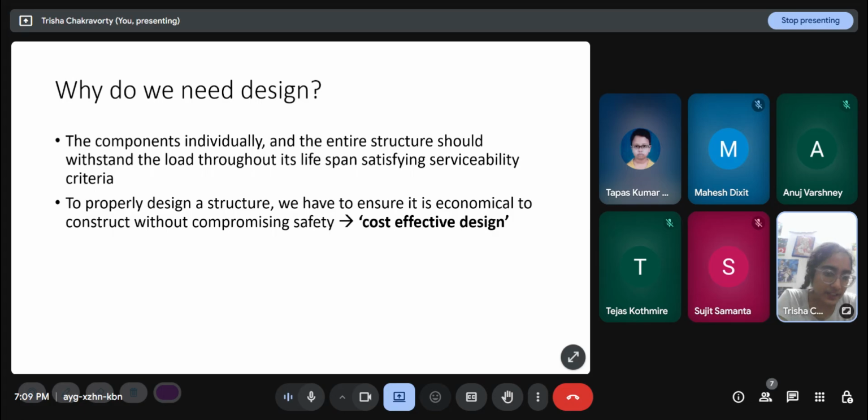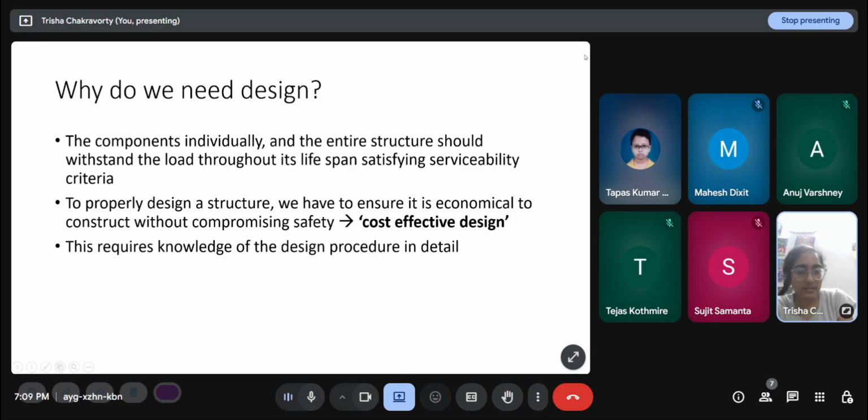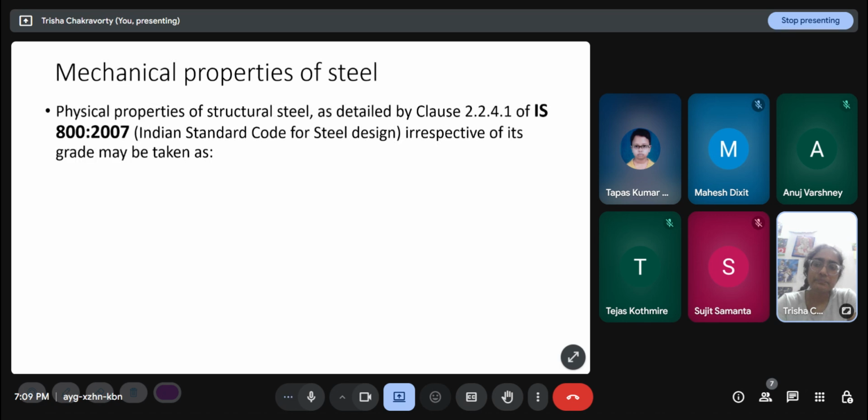But as engineers, we don't exactly have to take this decision, because generally we just follow the design codes and design. The design codes, through their factors of safety and all that, have an inherent safety level, which we don't see in the codes explicitly, but there is an inherent safety being incorporated through the safety factors.